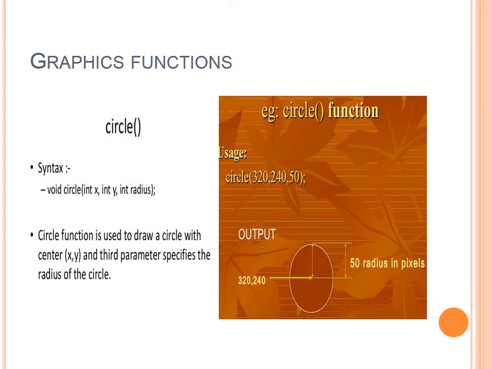See the example in the image: circle(320, 240, 50); 320 is the x value, 240 is y and 50 is the radius. By using this, the circle is drawn.